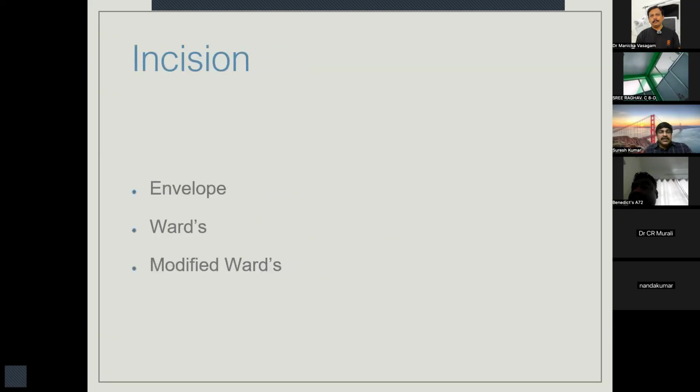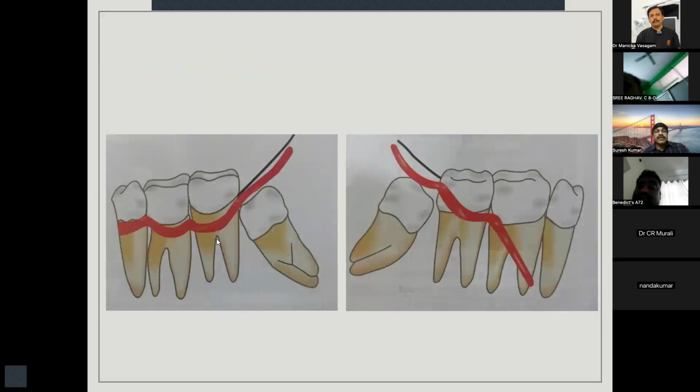Then incisions. So you're all regularly practicing impacted tooth removal, I'm sure. There are three types of incisions available. One is called an envelope incision. Next is the Ward's incision and the modified Ward's incision. Generally, what we choose to place is the Ward's incision, which I will show you through the X-rays, through